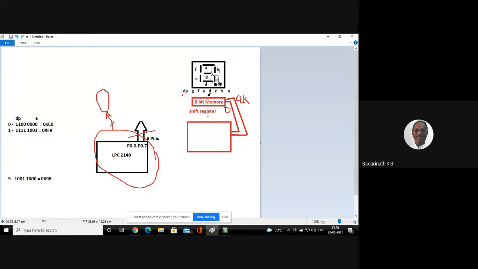Now what I'll do is, after using one shift register to receive the 8 bits of data from the microcontroller and giving the data for 1 digit, now I want to repeat for the other one. So I will take the whole set as it is. I'll purchase one more shift register and one more display. So now I place it next to this one. Since the data comes only from one position, one end only,